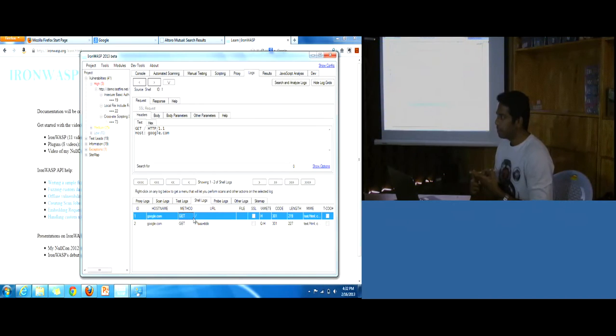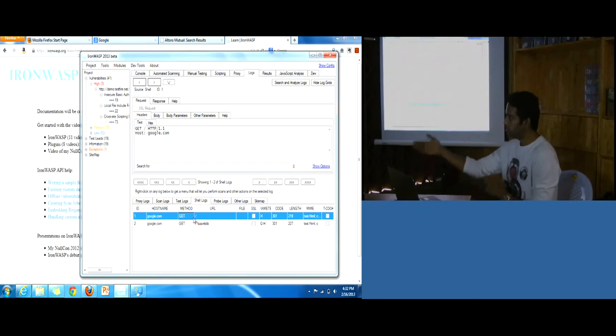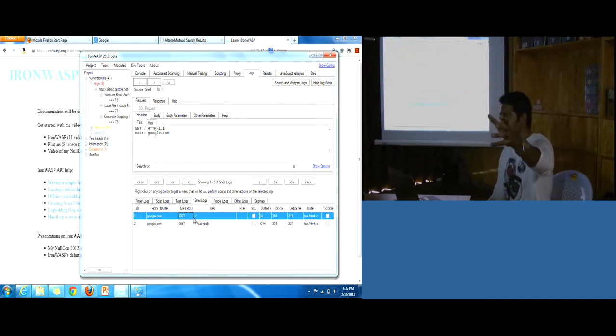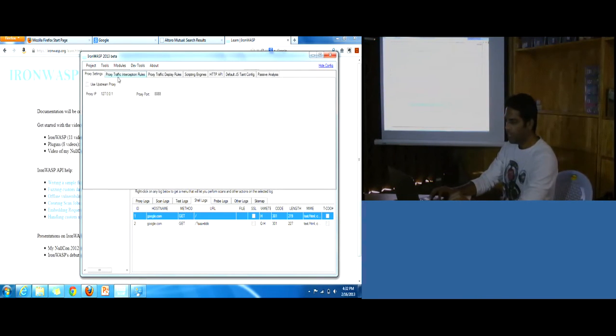Another advantage is if you are handling HTTPS. I don't know how it is in Python, but in Perl I had a lot of problems when I had to send an HTTPS request because I had to get the SSL-related libraries separately. And if you have an upstream proxy in your company, for example, then you have to configure the proxy inside your API, and that is usually not that easy, right? But in this case, you can configure the proxy for the tool in the UI. So even if your proxy changes, your script will still remain the same.